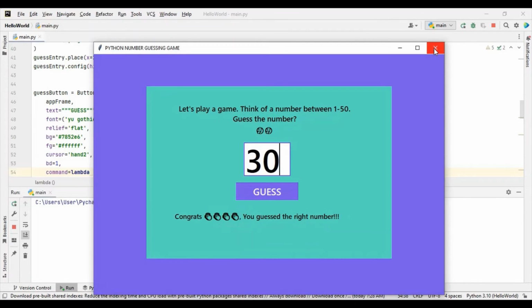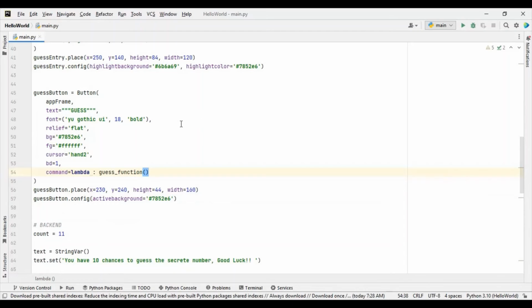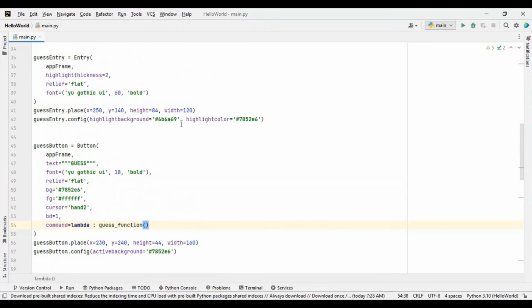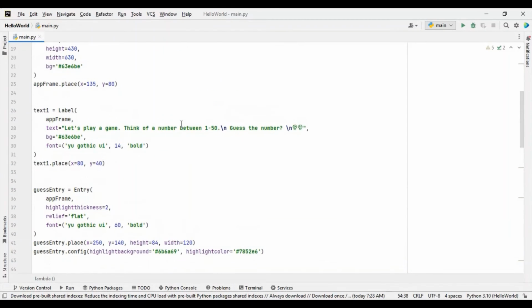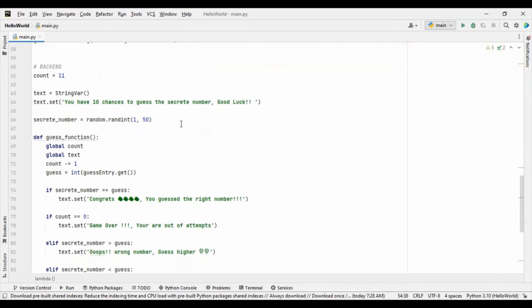So we are going to be doing all that in a minute. Let's close this. Before that, let me explain. Like I said, where do we start from? Okay, so if you look at